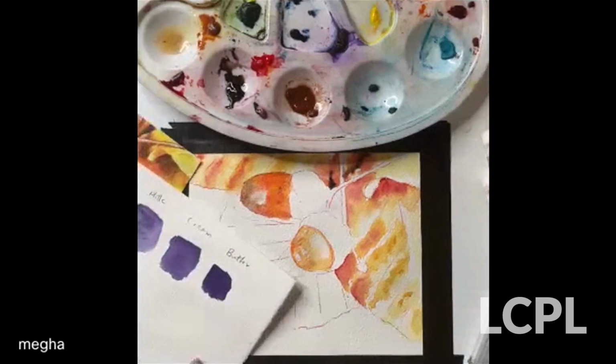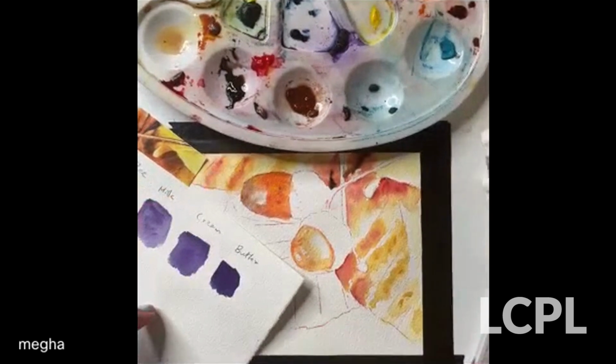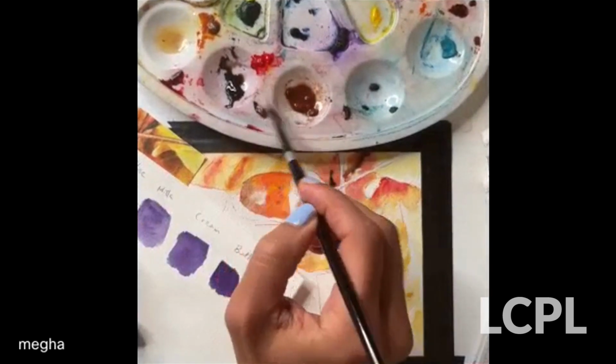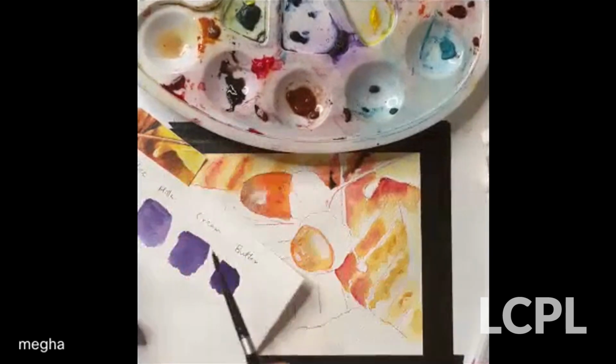What you do in dry brush technique is you almost take out all the water from your paintbrush through a towel, just scrub it on the towel, okay? And you take some nice thick buttery paint, okay? Your paintbrush has to be almost dry, almost. And then